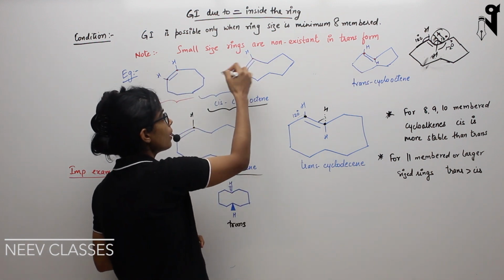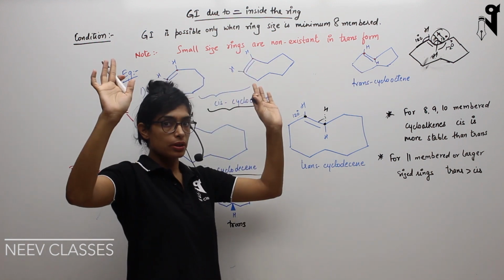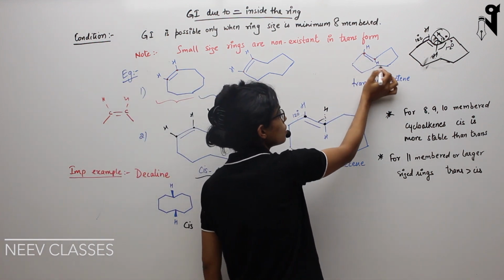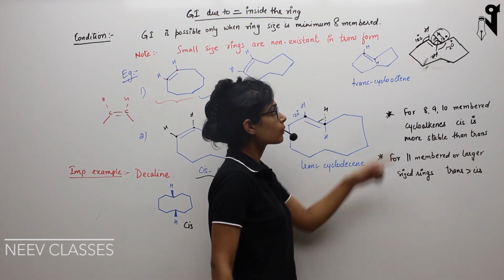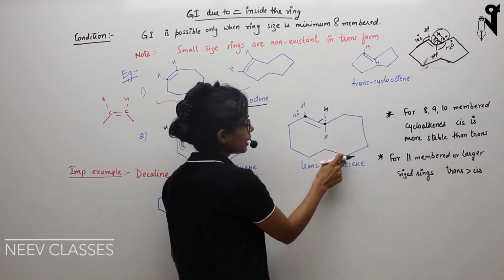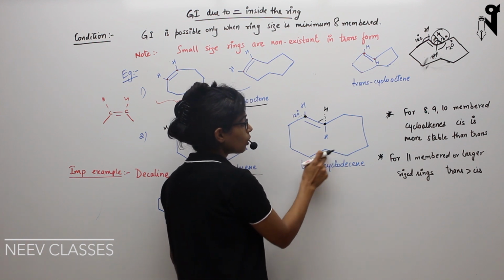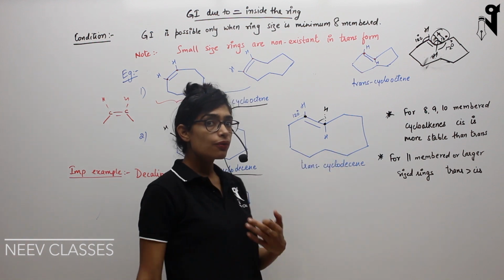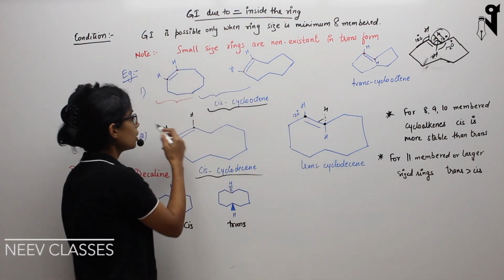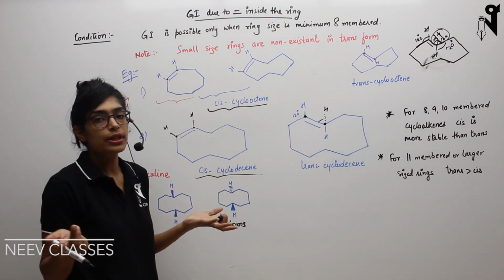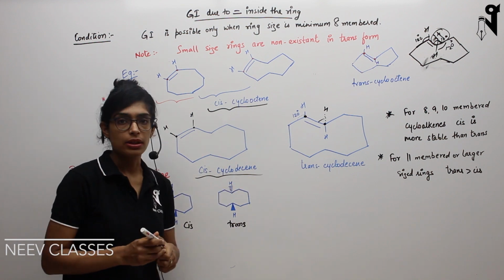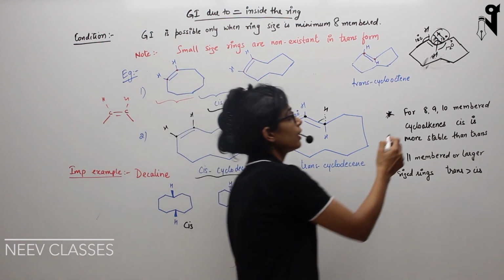So these two hydrogens are independent and just outwards in case of cis, whereas the hydrogen which is inside is going to face some repulsions from the downward R groups also. It is coming closer to the other downward R groups. Similar is the case over here. It is coming closer to the other R groups which are present over here. So it is going to face a small amount of repulsion, whereas these hydrogens which are upwards, which are open in the space, are not going to face any repulsion. That is the reason why cis is much stabler than trans, especially in case of 8, 9, 10 membered rings.